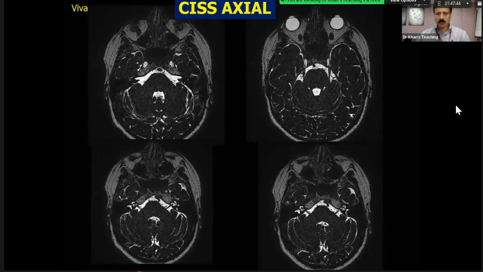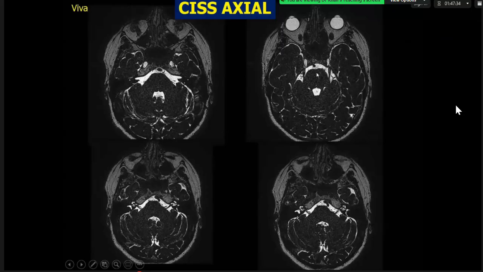Okay. So which part of the brain is this? Pons or midbrain? So this is pons. So what is this structure which is going anteriorly? Is it one of the trigeminal nerves? Is it coming through there? Okay, so what is this? You are right. This is the trigeminal nerve. What is this structure which has got CSF? The Meckel's cave. Right.